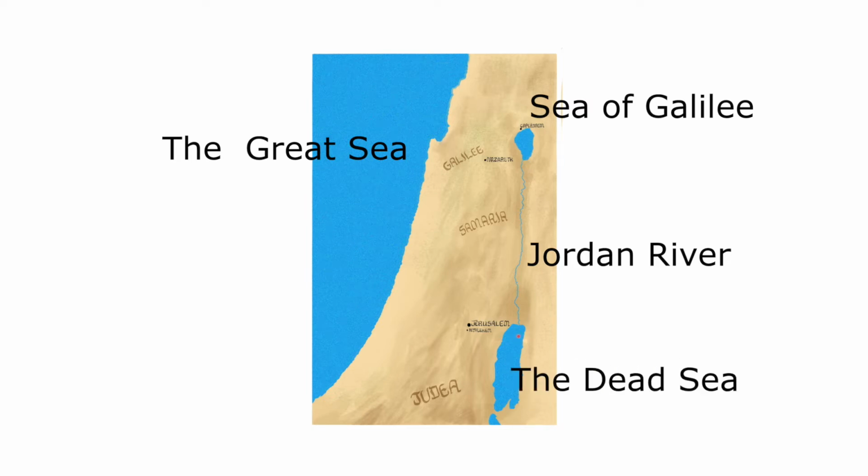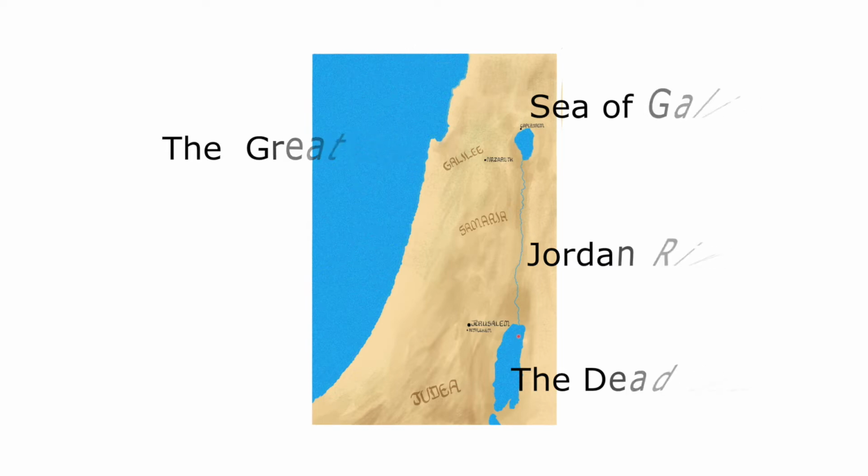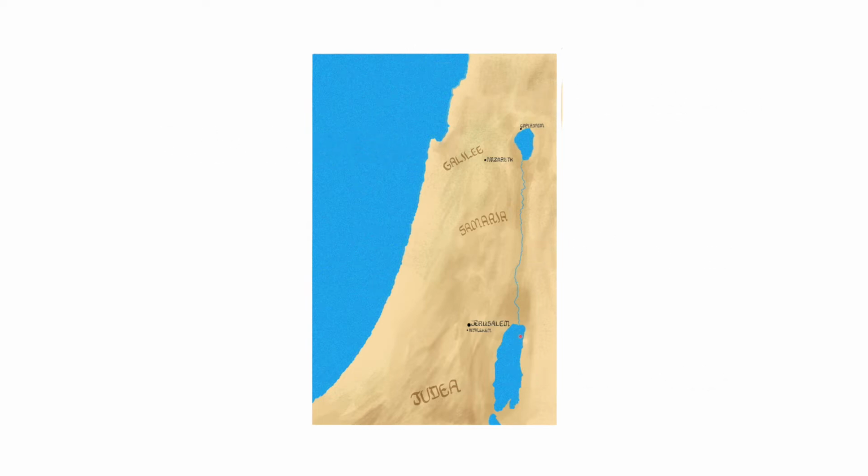It's full of minerals, and it's pretty much dead. Now, there are 2 major geographical regions that are important for the Gospel of Matthew. Most of the story takes place up here in the northern region called Galilee. Now, Jesus grows up in this little town called Nazareth, and when he begins his ministry, he puts his headquarters right here in this fishing village on the shore of Sea of Galilee called Capernaum. Most of the story happens up here.